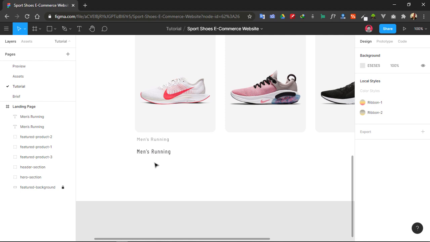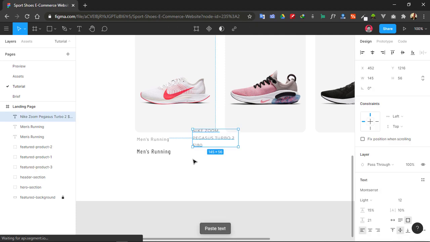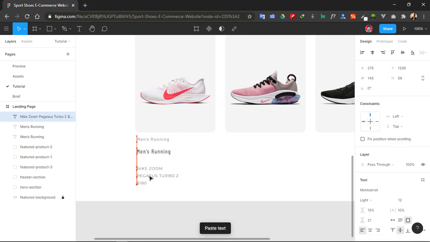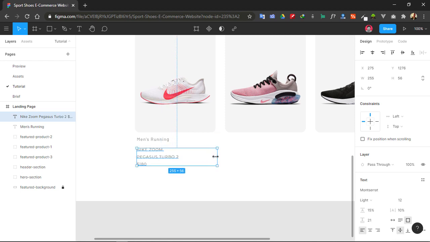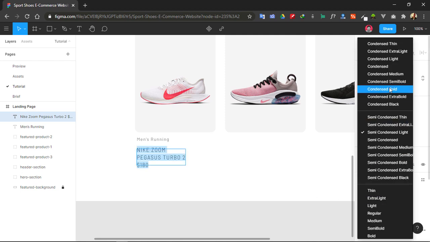Okay, now let's check the product's name. I forgot. Nike Zoom Pegasus Turbo 2. Just copy paste it. Okay, just delete it and use this one. Okay, adjust it. Change the Barlow, 18 pixel size, condensed,